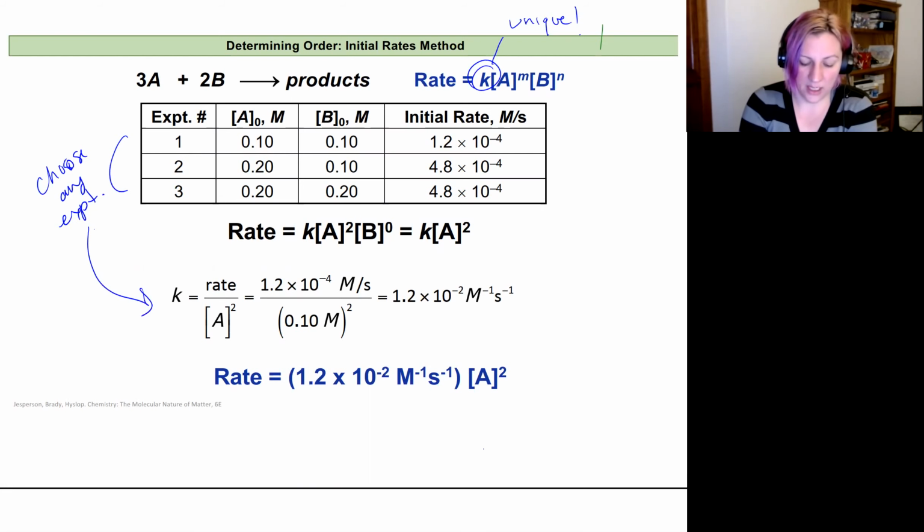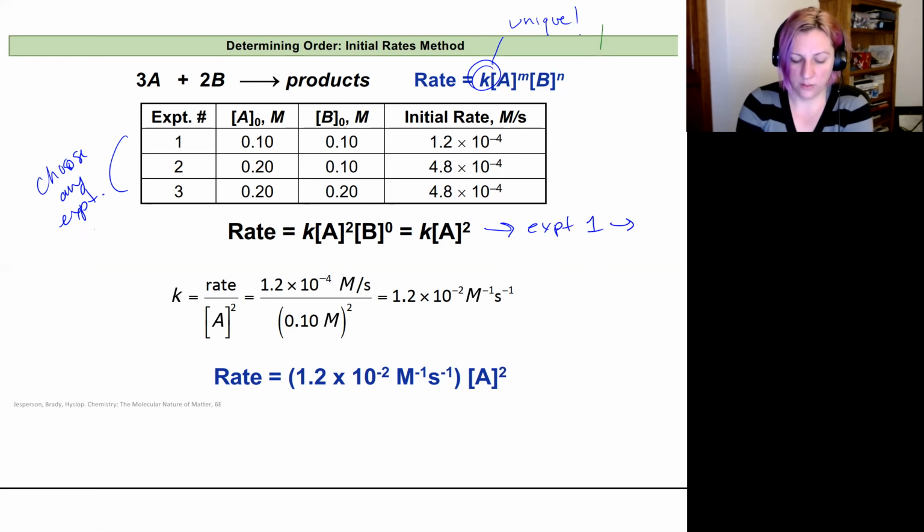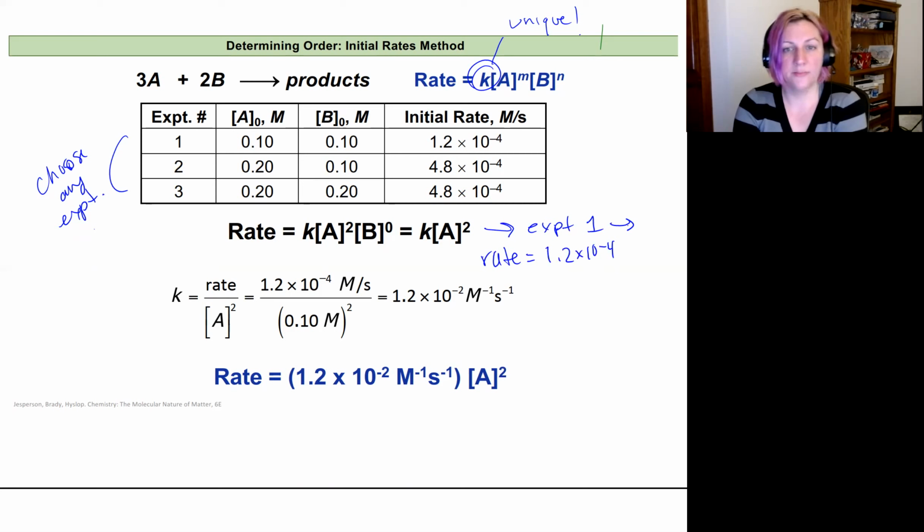So here I know that, if I'm going with the first experiment, I'm going to look at experiment 1, that my rate is equal to 1.2 times 10 to the negative 4th. My rate is equal to 1.2 times 10 to the negative 4th, and that's equal to my concentration of A, which is 0.1 squared, and K's in there too. So now I just solve for K,